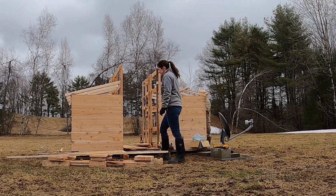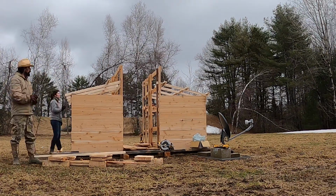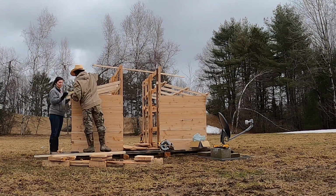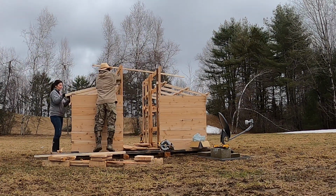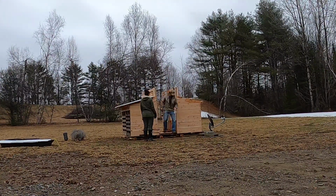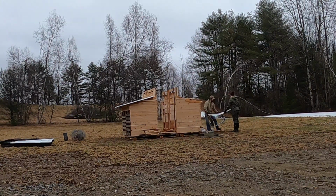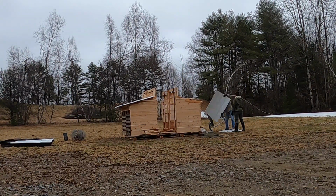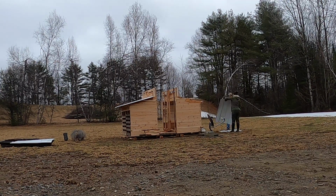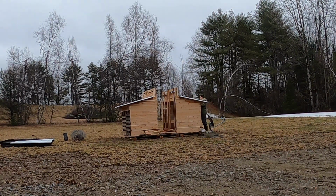If you've seen some of the other videos, we had this black box trailer. I actually made that from an old horse trailer years ago when we were in Virginia, and it's been sitting here on the property for the last 6 years. As part of his sale / barter for that, he paid me some cash and he brought some